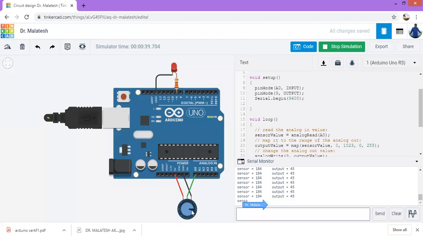So accordingly, it will be converting. Slowly I am increasing. You can observe the sensor value as well as the output also. So number is increasing towards 255 at the output side and 1023 at the input. Now it has reached 1023 at the input, which is the highest value, the 5 volts.